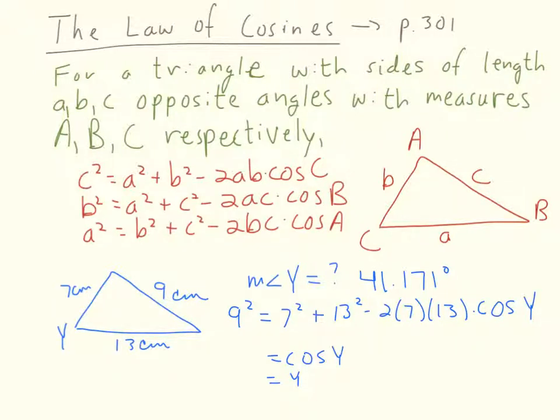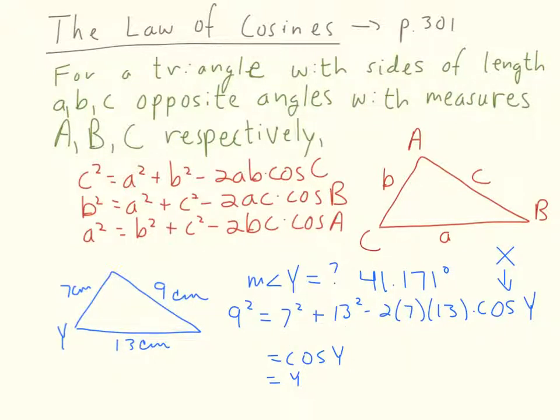If you want to replace that with a big x or something, say, okay, I'm going to solve for x first. And so we would need to square all these numbers, and we need to just start getting rid of things. And first of all, we will subtract the 7 squared over and the 13 squared over. So I'm going to do that. If I take 9 squared and subtract 7 squared and then 13 squared from it,